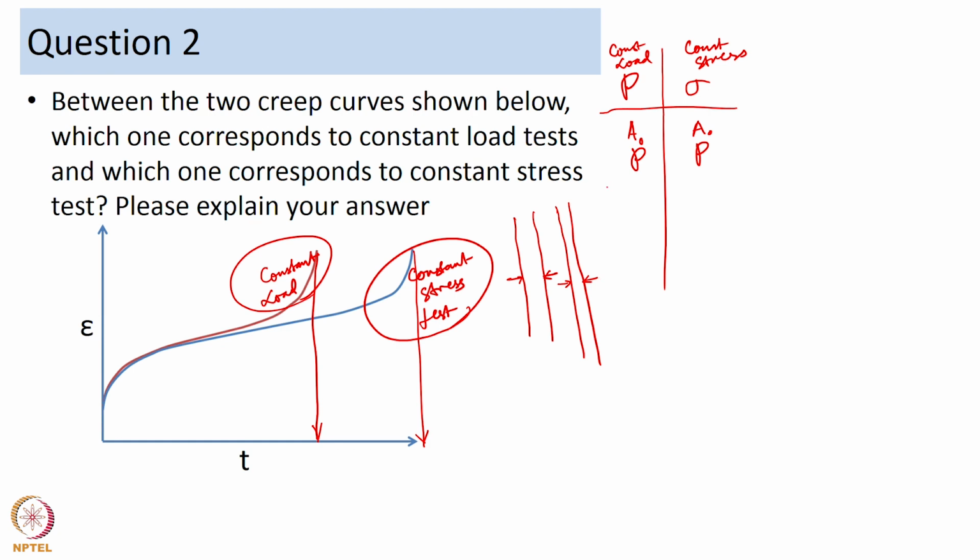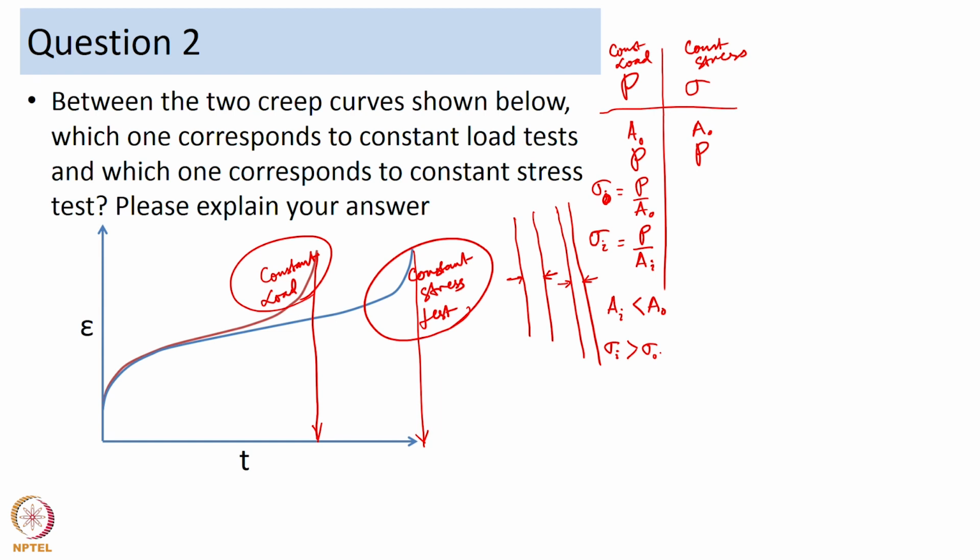The initial stress for a constant load test is P over A naught, let us call it sigma naught. The stress at any point, sigma I, is P over A I, and since A I is going to be lower than A naught on account of the fact that the material is extending,